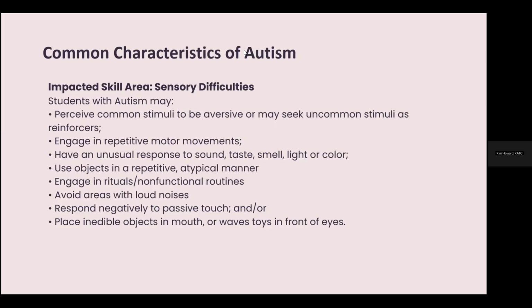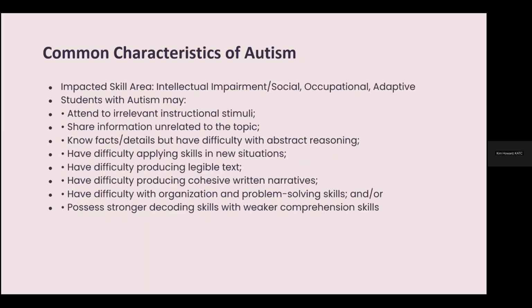This could also be students who mouth objects, or put things into their mouth that they should not be, which might be a consideration here. Other things that we see for our students with autism might be that they don't attend to the correct instructional piece. They get stuck on a piece of paper, and instead of participating and listening to the lesson, they are so distracted by irrelevant stimuli. It could be students who cannot stay on the topic.